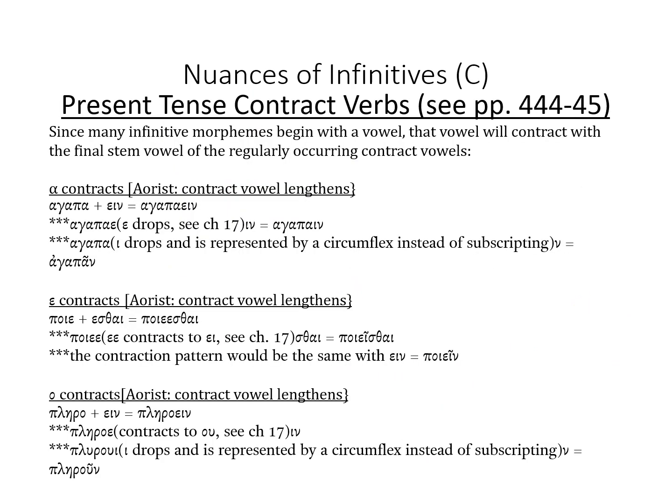So we come to the third slide here, contract verbs again. I'm noting page 444 to 445. The appendix in Mounce here, and the appendices that Mounce provides are so good. If you haven't had a chance to just thumb through those, try to do that. I want to think about contract verbs again because they can be problematic. You're memorizing this paradigm in the present and you're looking for ain in the present active. And when you come across an ending like an, you are confused. Well, I want to try to help you with that.